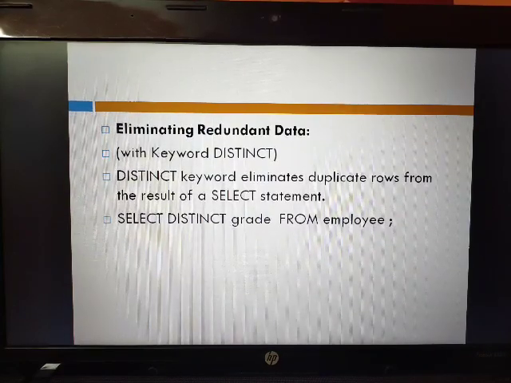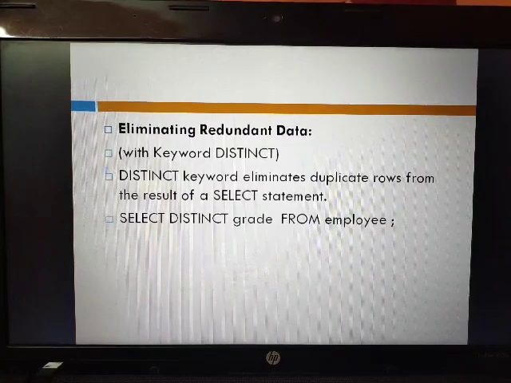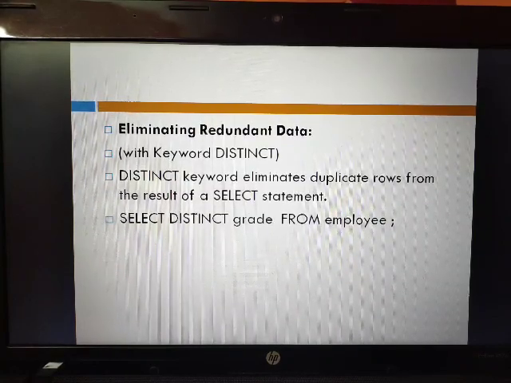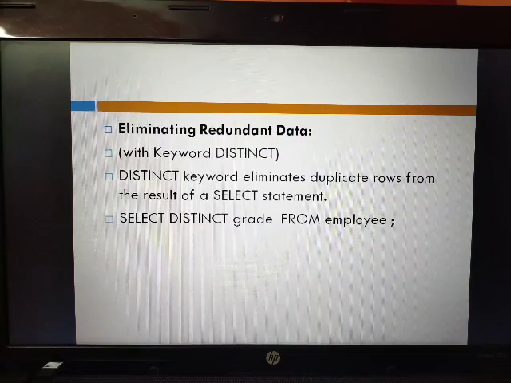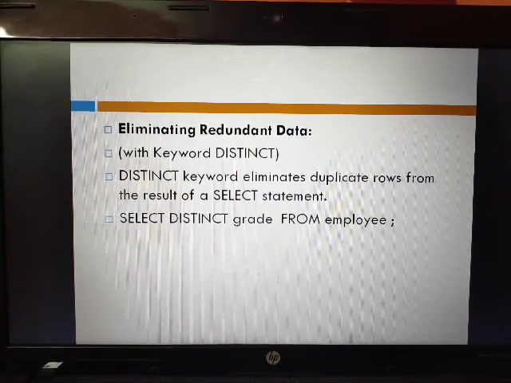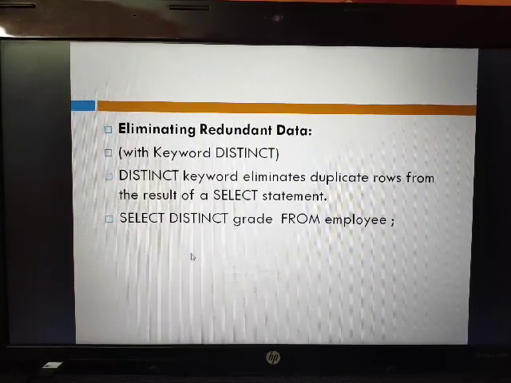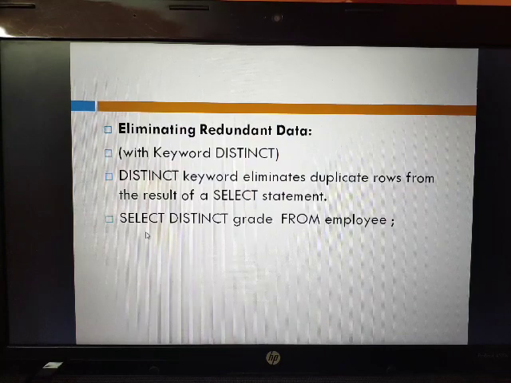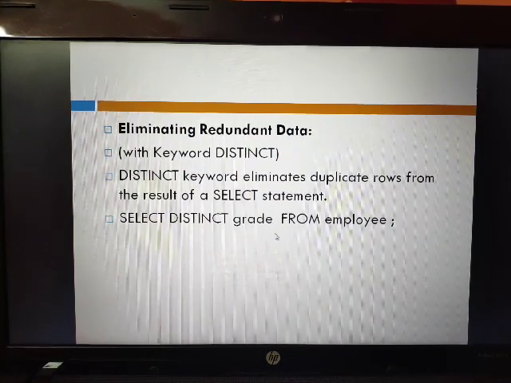This is the example. This is also used for primary, similar to a primary key. Select distinct grade from imply. Now here grade cannot be duplicated; the same grade cannot appear 2 times. If you again want to show all grades, then in place of distinct you can use the all keyword. Select all grade from imply. Then the data will again display all grades.